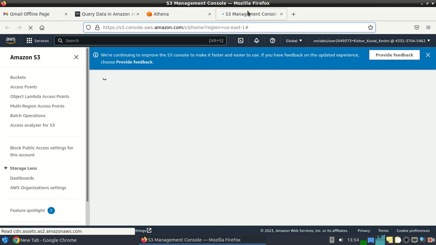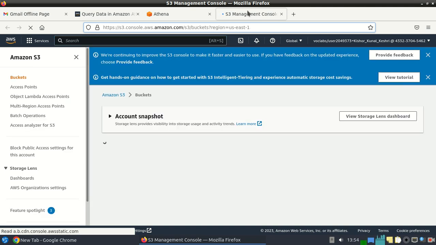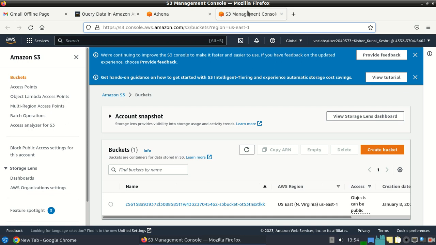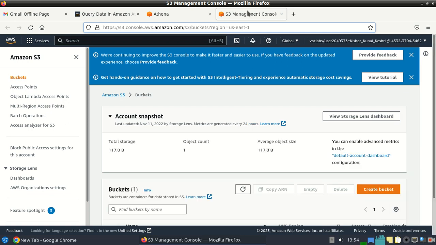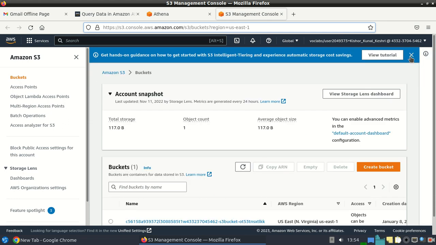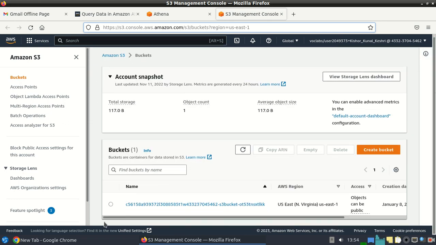Here, first we must specify an Amazon S3 bucket to hold the results from any query that we run on Athena. Here we can see that a bucket is created for us for this lab. Look, this is the bucket created for us. Okay, select the bucket name,